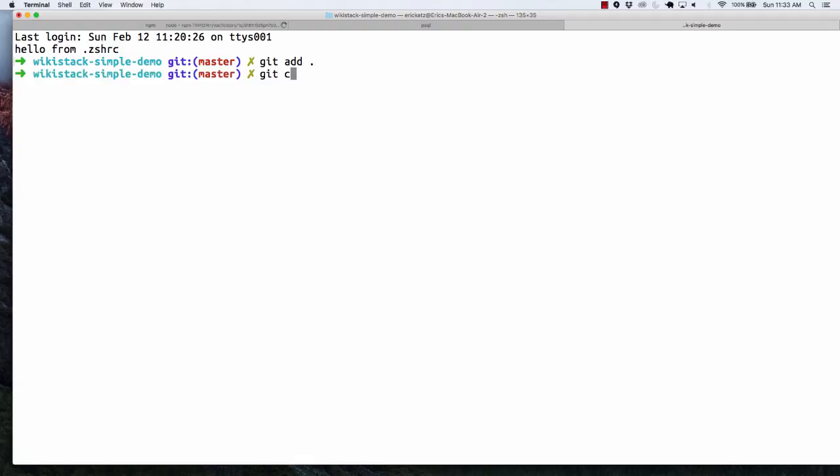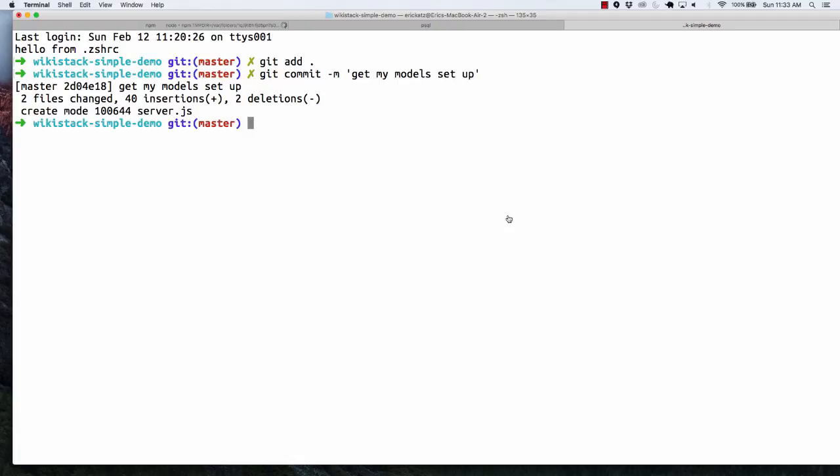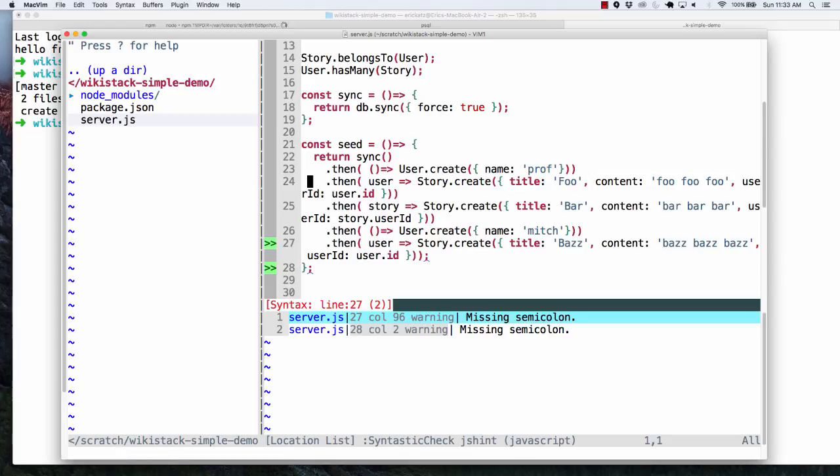Git add dot, git commit, get my models set up. Okay? Now what I want to do is actually show you a little bit of architecture of how I like